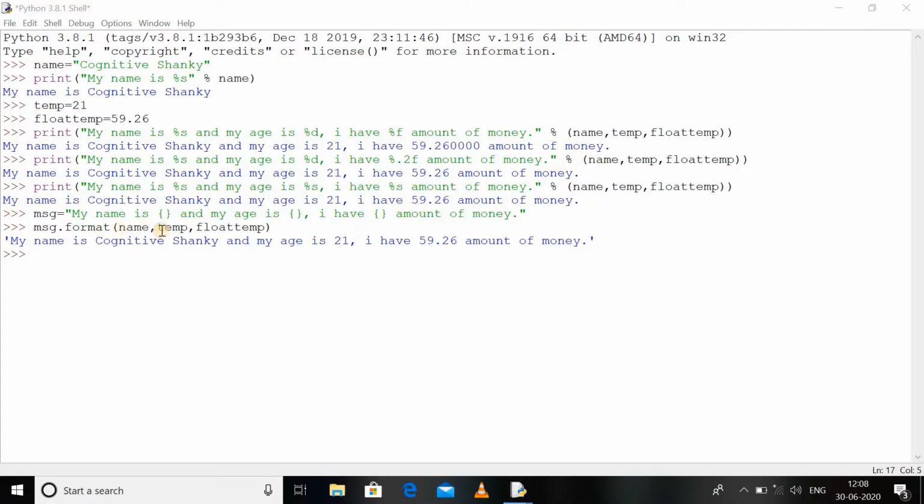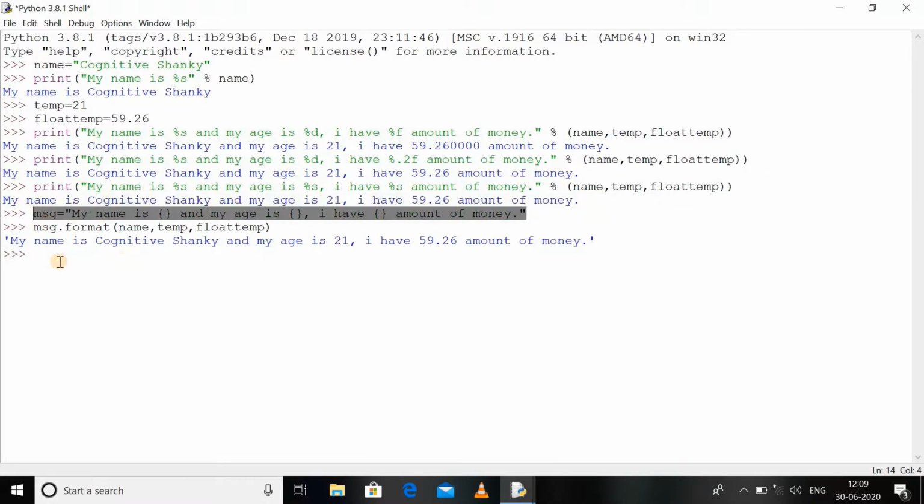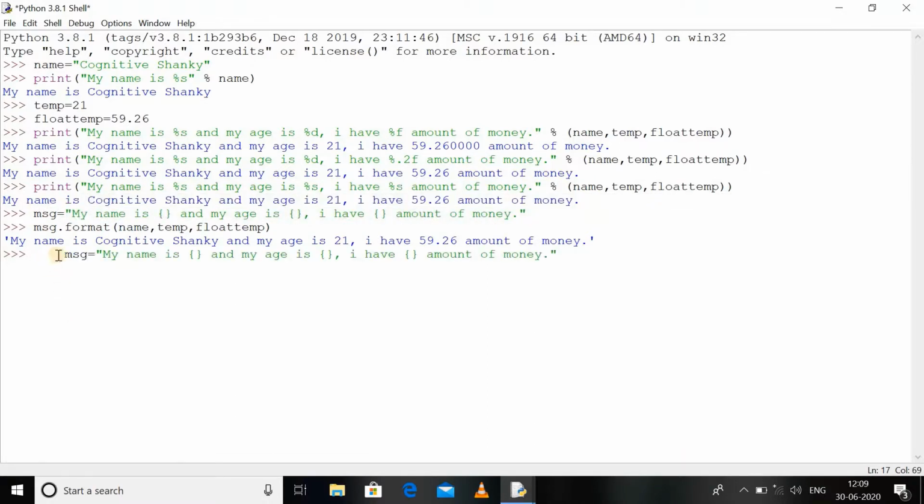Now if we want to change the order, let's say name is present at the second place and still I want to print it first, so we have to use the index of the values. So let's say I have a message, and as we all know, the index starts from 0 only. So if I want to print the second value over here, then I write it in this way.